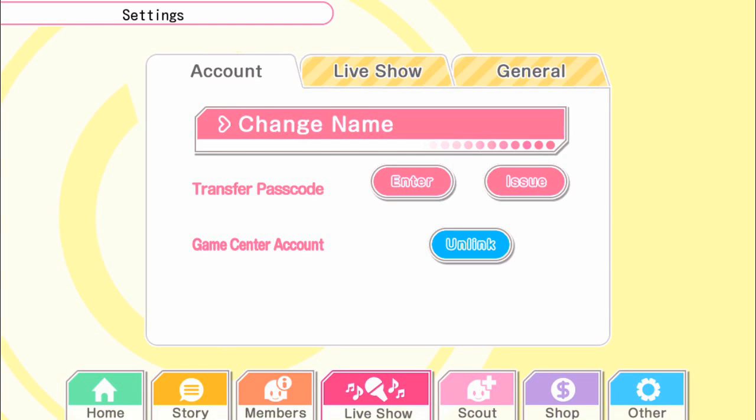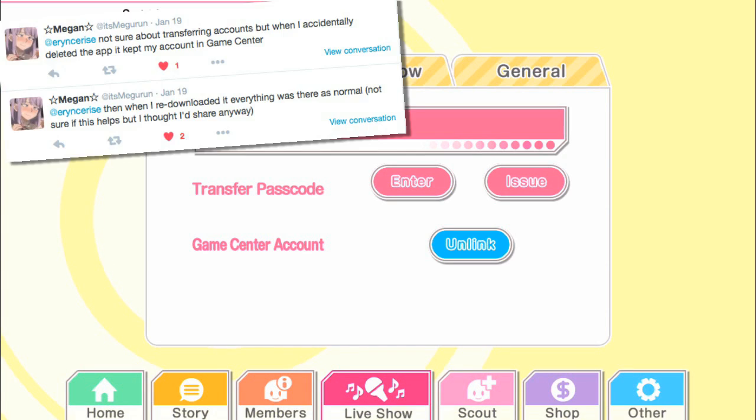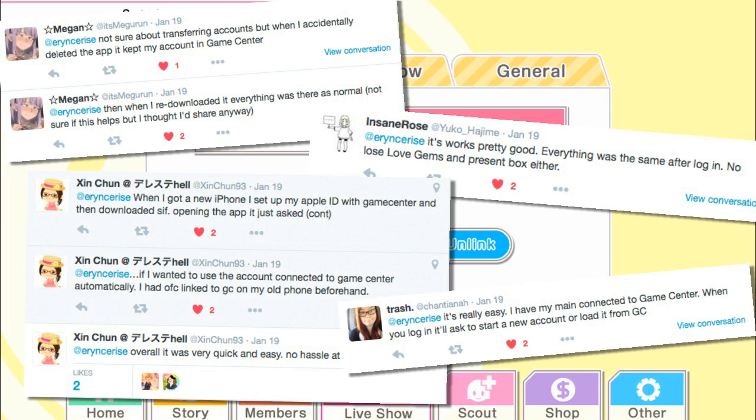It's very safe, and it makes it very easy to retrieve your account if something goes wrong. I asked for some details on this on Twitter, and people pretty much confirmed that, yeah, all you have to do if you lose your account or transfer your account over to a new device is just